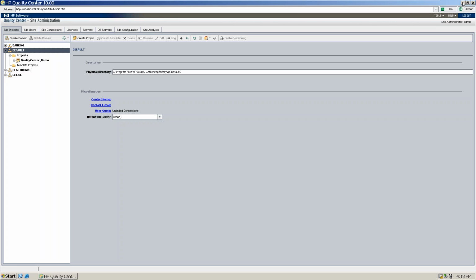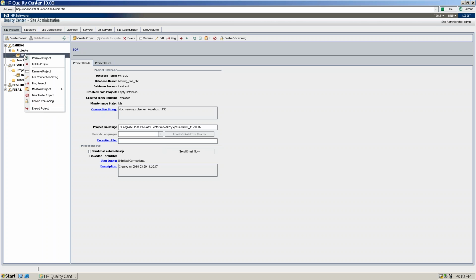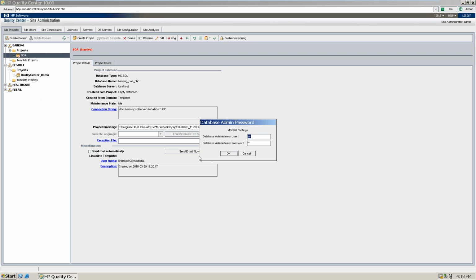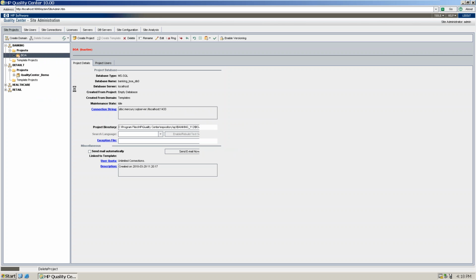Now let's say we are going to create a domain. The admin is going to create a domain because if there is some project, once the discussion has been done with the client and the team lead that the project has been confirmed, then the admin will try to create that particular domain in